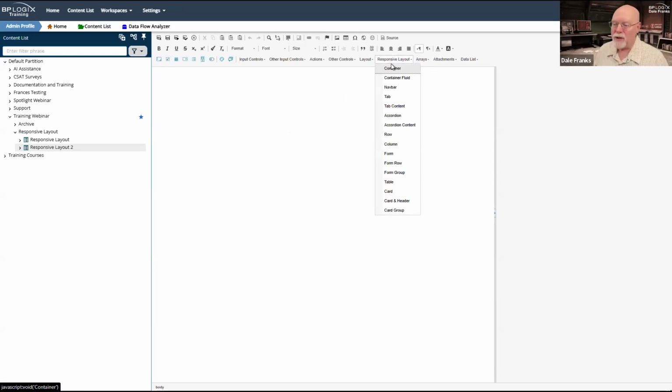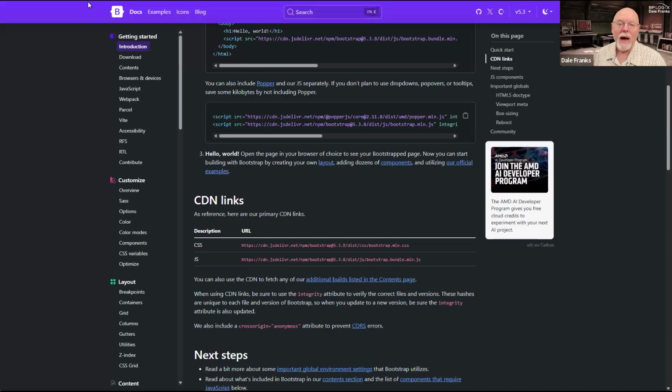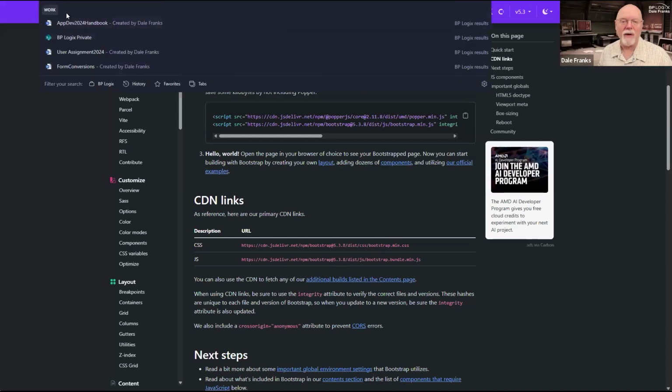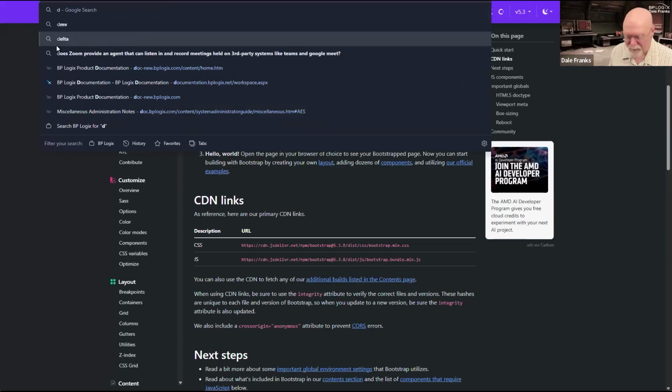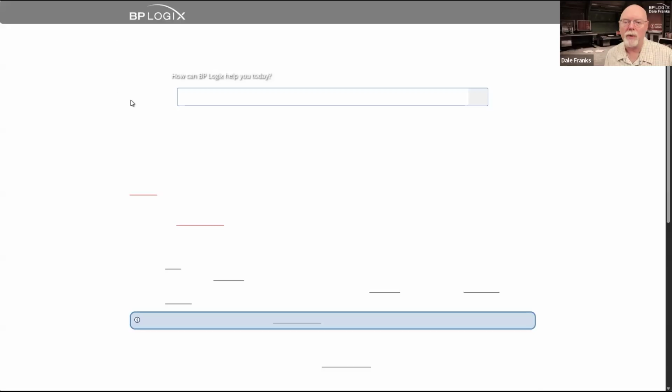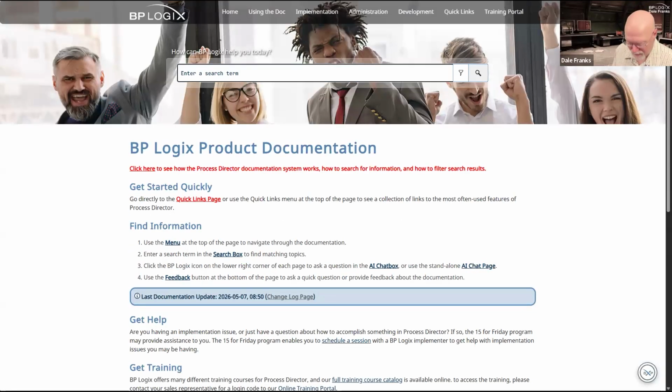You probably do not see this menu in your online form designer. And the reason that you probably do not is because it requires a specific system variable to activate. And that specific system variable is called F include bootstrap. Let me search for that too.